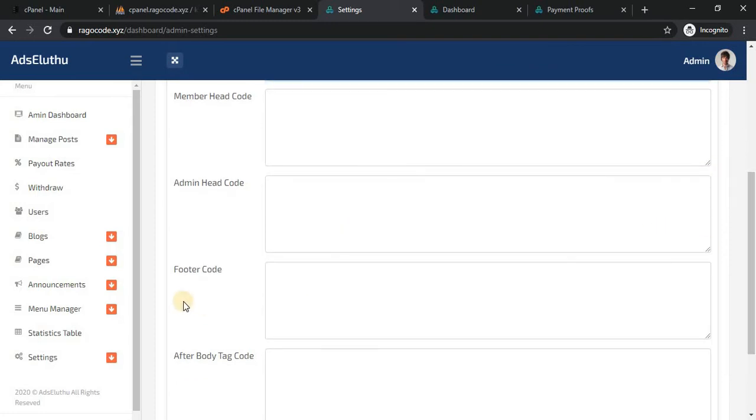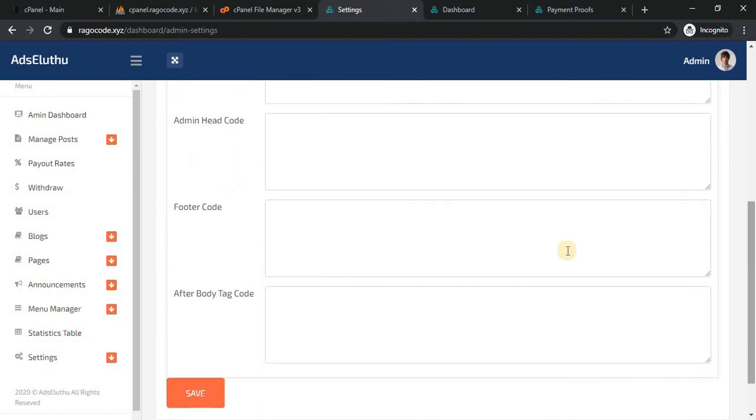And this footer code will be displayed in all footers, like home, authentication, publisher and admin panel, all areas.